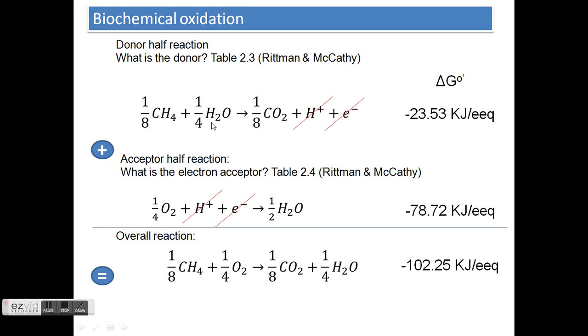You bring water to this side. If you subtract and it's negative, it means it should be on the other side. So in this case, if you move water here, it will be negative, so it will be on the other side. And we have only one CO2, it comes down. Now methane. Like I said, if the position of the half reaction has been changed, you change the sign on your Gibbs free energy. Otherwise, instead of adding, you have to subtract it. So in this case, because we've already changed our sign, we'll just add energies, and then we'll have